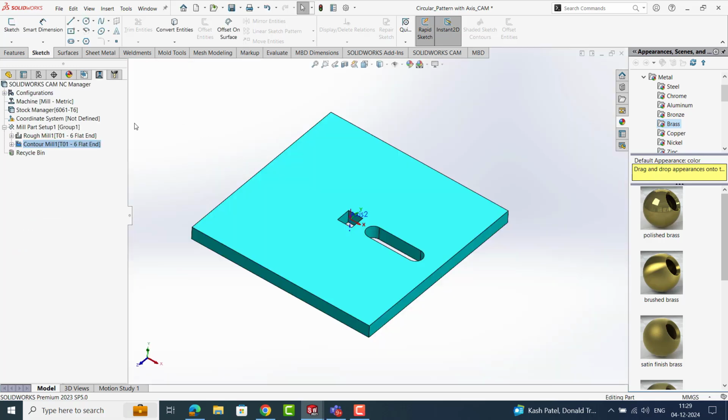So this is how we are able to create the 3 different types of patterns for machining the features in SOLIDWORKS CAM